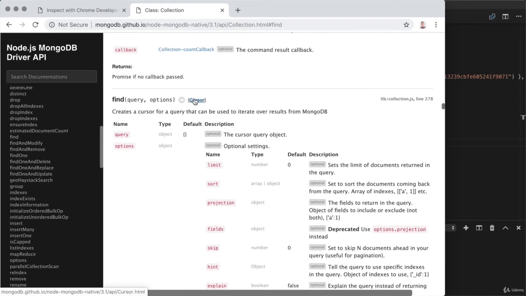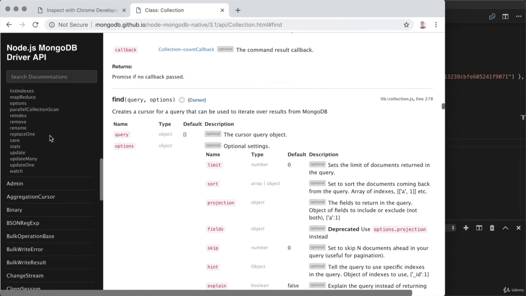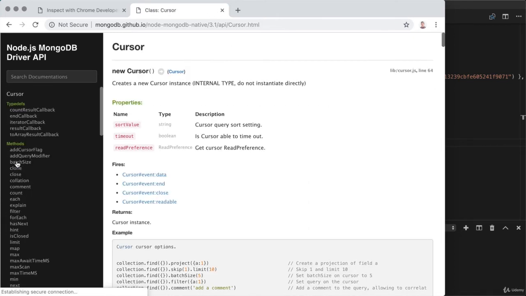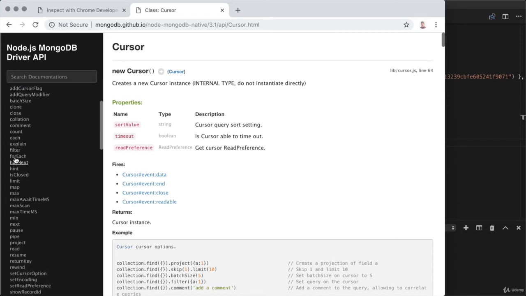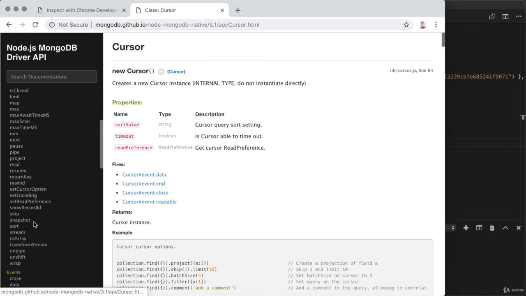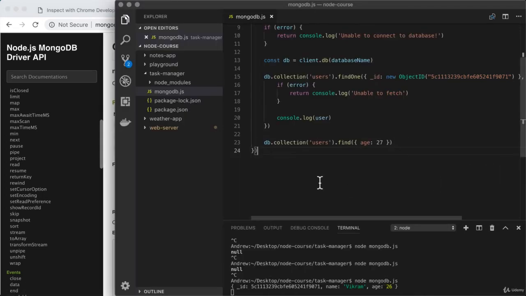And when we click that, it's going to bring us over to something else in the docs. If we scroll down, we have cursor sitting right here. So what we get back from find is indeed a cursor. It is a pointer to data. There are all sorts of methods we can use with it. We can use things to limit the data like limit. I can count the data up with count. I can do other forms of aggregation, or I can use one of the more popular methods, toArray. toArray is going to allow us to get back an array of documents, which in this case is exactly what we want. So over here, what does that mean for us?